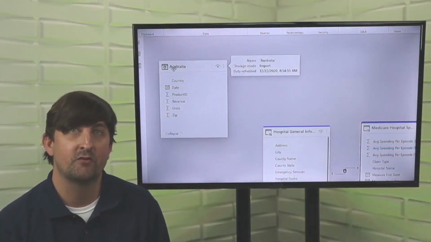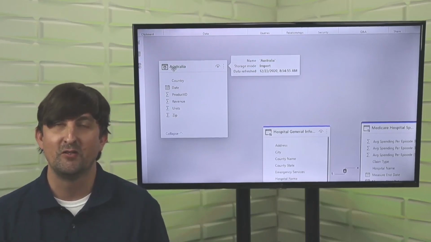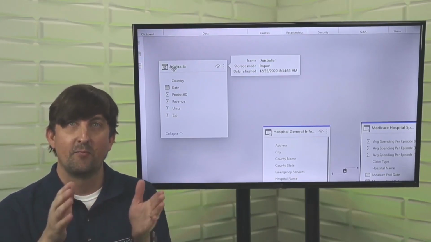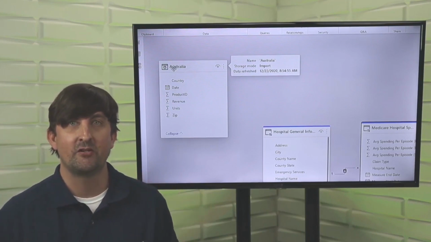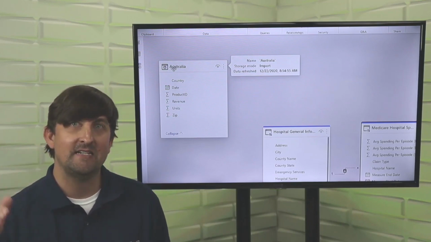The next preview feature we're going to talk about are the small multiples. And what small multiples is going to do is really neat. It's going to be able to take a visual and it's going to break it up based on a certain dimension. So you're actually going to basically see copies of that visual, but it's going to be sliced down on